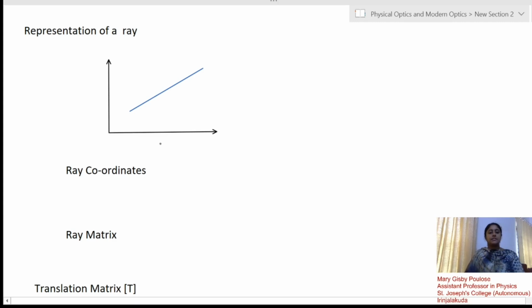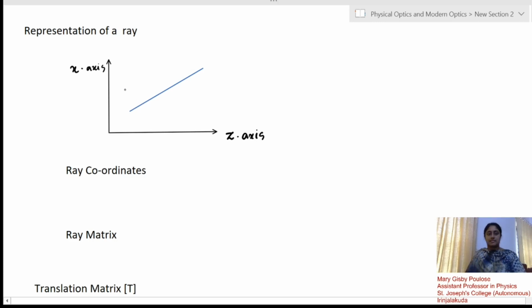So we have taken into consideration a coordinate system where this axis is the z-axis. The z-axis is usually taken as the optical axis with cylindrical symmetry. And this axis is considered as the x-axis. In order to represent a ray, we need to define its distance from the z-axis and the angle made